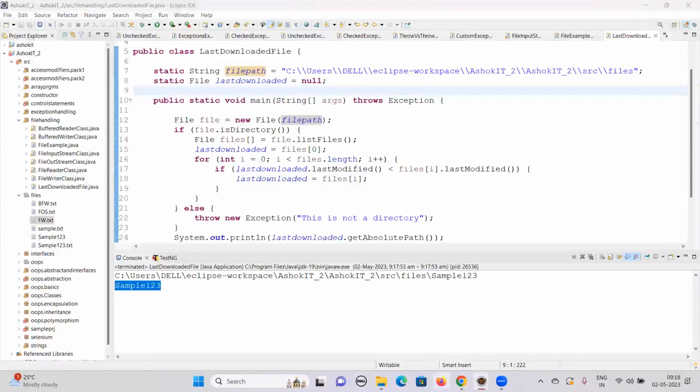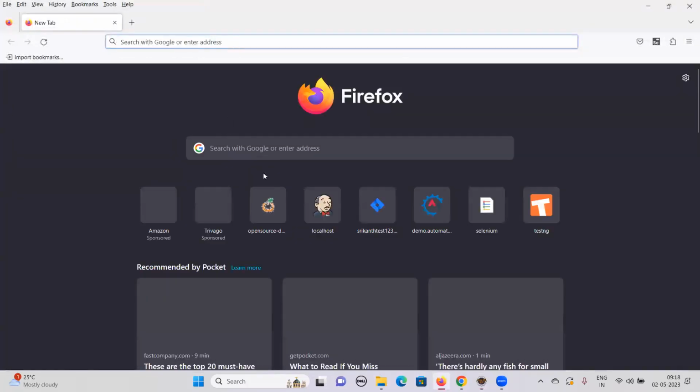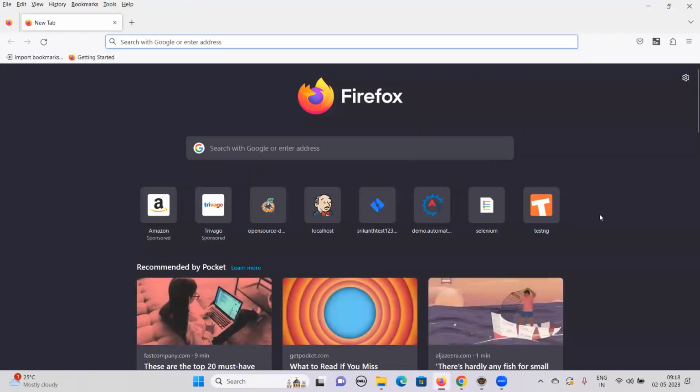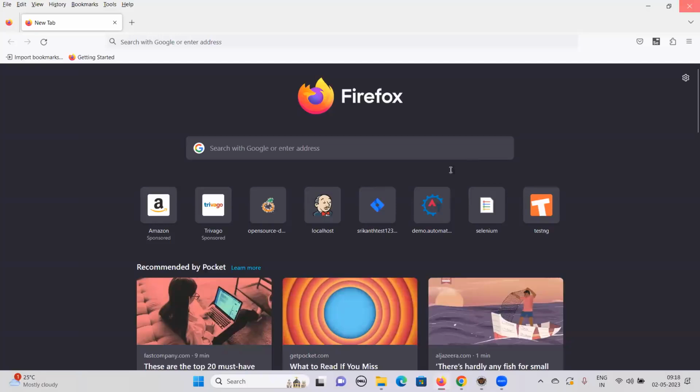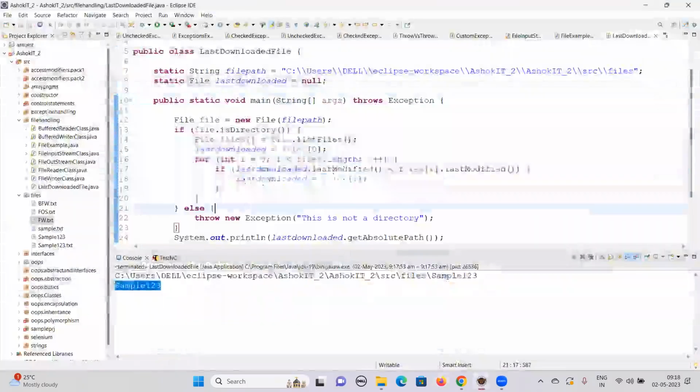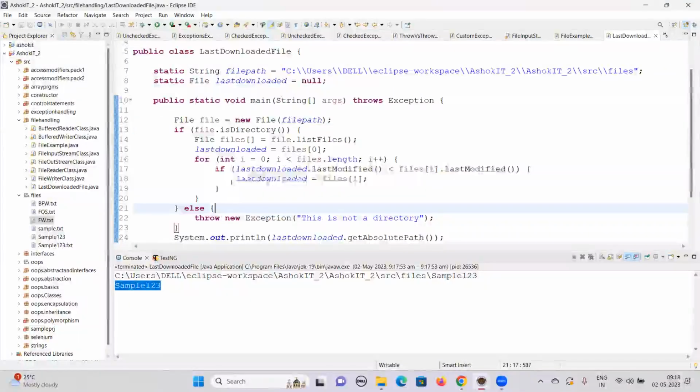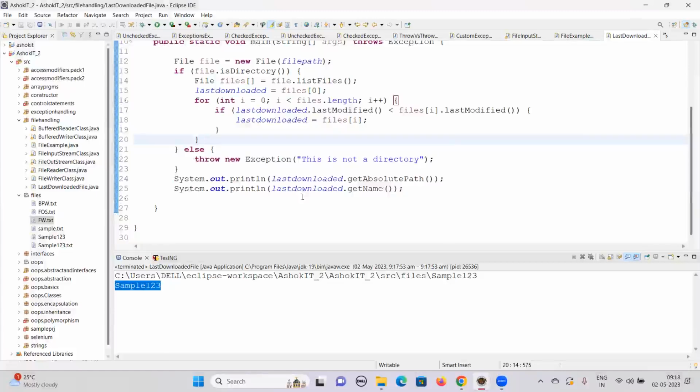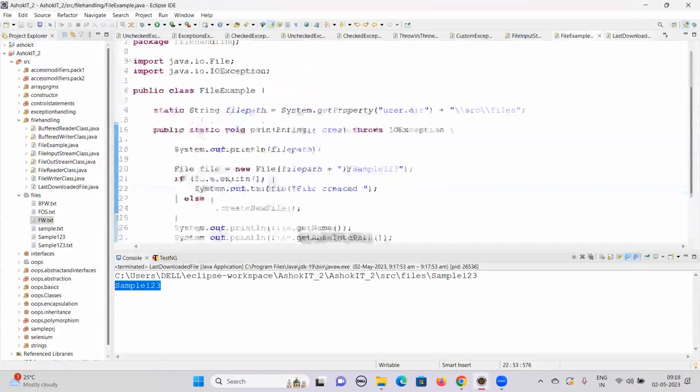So these actions, whatever actions that we have performed, will be done through the automation. That automation will help you to download the file. After that, we need to write this code to get the last downloaded file. So this is a program, and we have looked into how we create the files